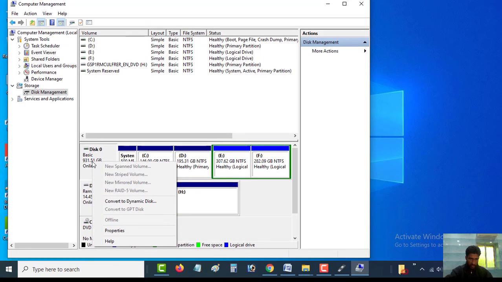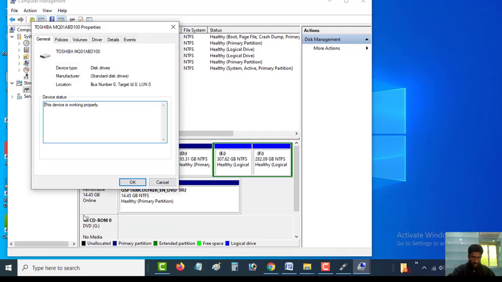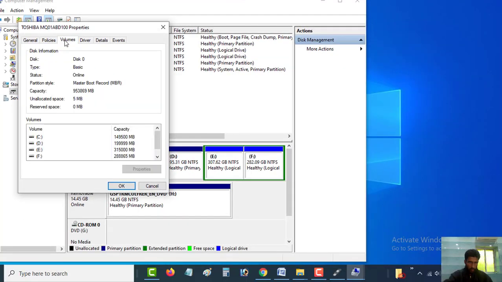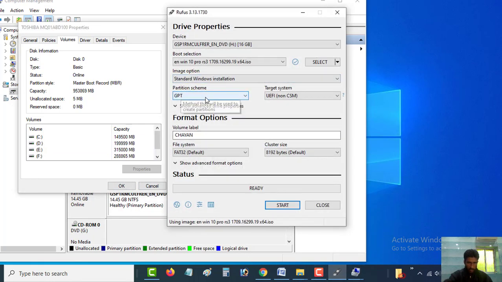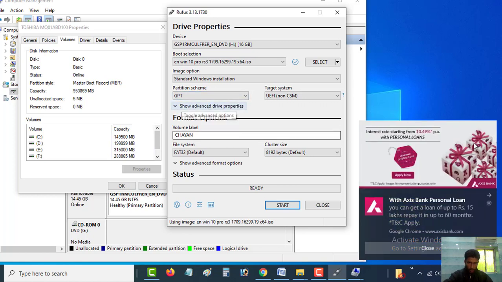Just right click here and click on properties, and under volume, this is the partition style, master boot record, MBR. Understand, this is MBR. Actually my system is installed in MBR. If you want to select GPT, then you can select GPT, and now I want to select GPT.